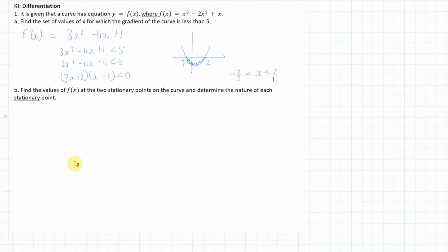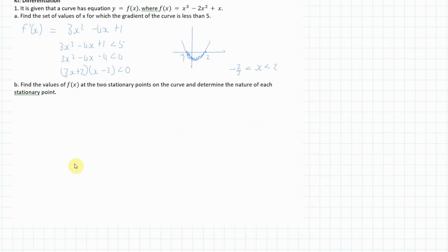Now, last question is find the values of f(x) at the two stationary points on the curve and determine the nature of each stationary point. So stationary points occur when the gradient is equal to 0. So I'm going to make this equal to 0. And we can just go, well, this is like 3x minus 1, x minus 1 equals 0. So when x equals 1/3 or 1,